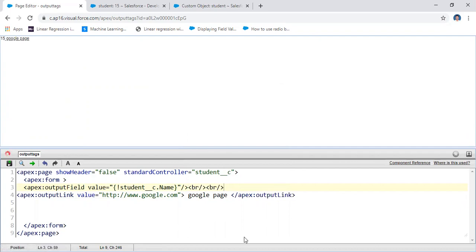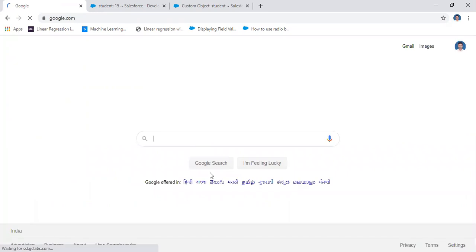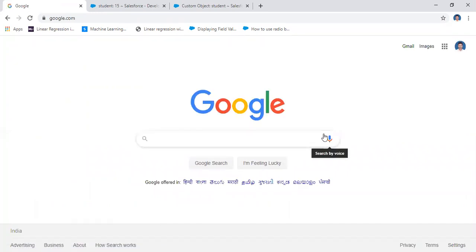Save it. Google page. If you click here, it automatically goes to the Google page. In this way, you will perform the different output tags. Thank you.